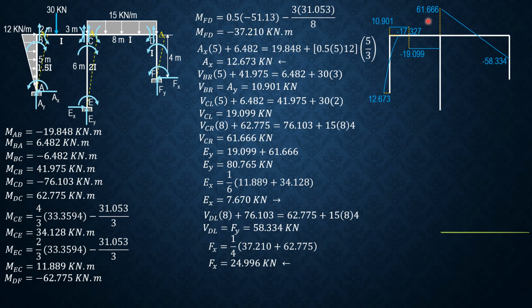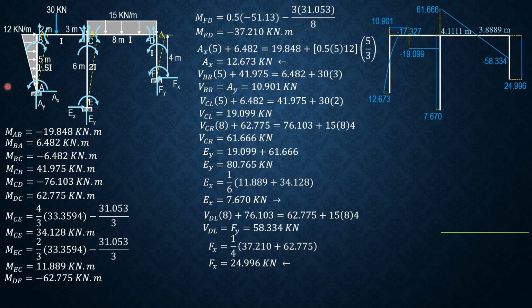Then this distance is 61.666 divided by 15, 4.111. So this is 8 minus 4.111, 3.8889 meters. Then because this is the top fiber, we have to move to the right for shear, 24.996, and it must close here. Then here, this is the top fiber, so it's going to the left, which is EX 7.67 constant, and it closes. So this is the shear force diagram,